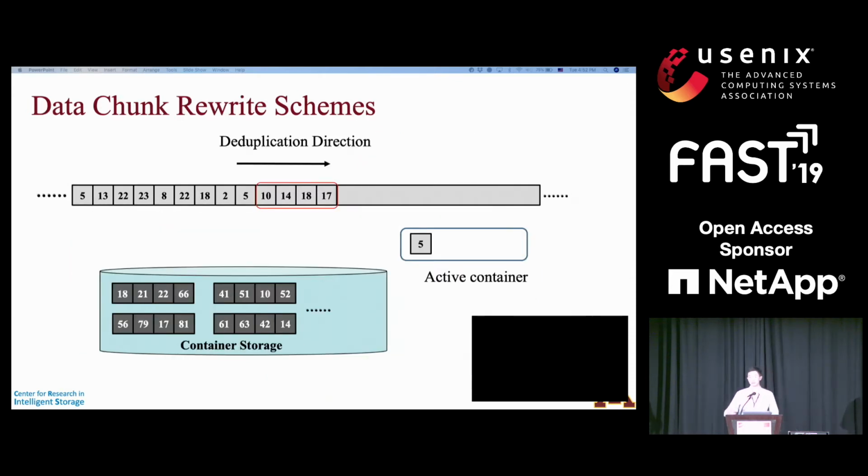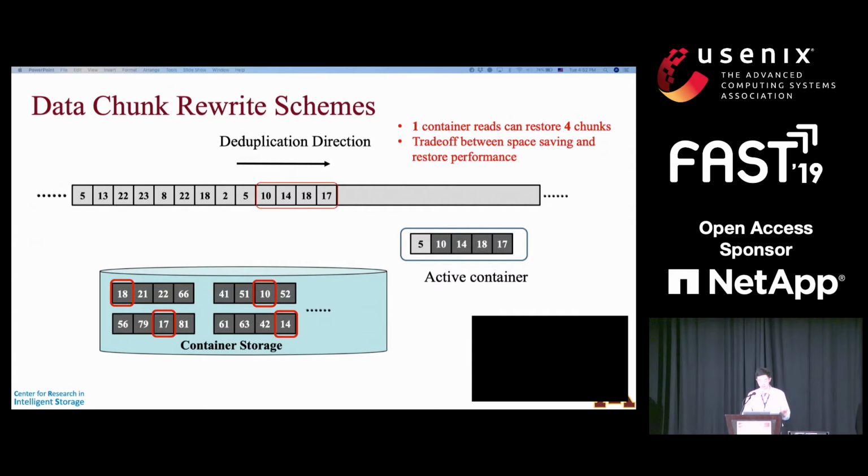Then some people think about a trade-off. If we can store those scattered or fragmented data again, then we can have just 1 container read that covers all of them. Those chunks will be stored together with the unique chunks in the container. And in the future, you just need 1 container read to fetch all of them out. But the downside is you pay a price in space,